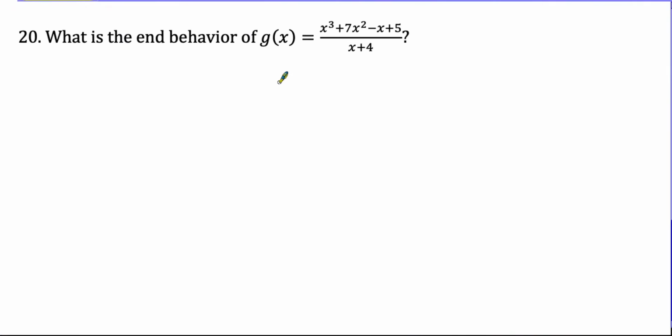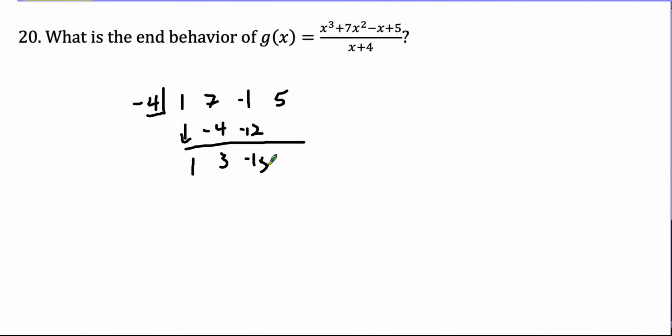On number 20, to determine the end behavior, we need to divide. Right? So I need to set up a synthetic division problem. Up here in my box, I need to put the value that's going to make the denominator equal to 0. That would be -4, and then I need to list out my coefficients of the numerator. So that would be 1, 7, -1, and 5. So if I go through my synthetic division process, bring this first value straight down, multiply by what's up here in my box, add straight down, multiply,